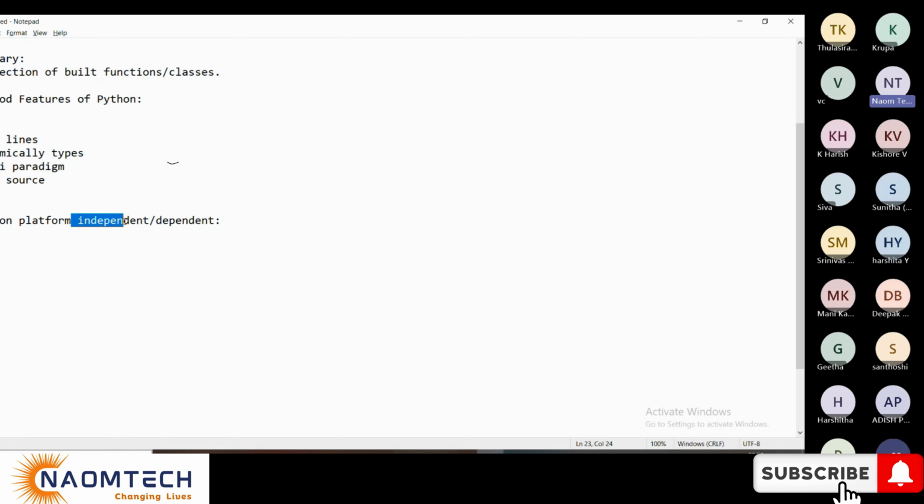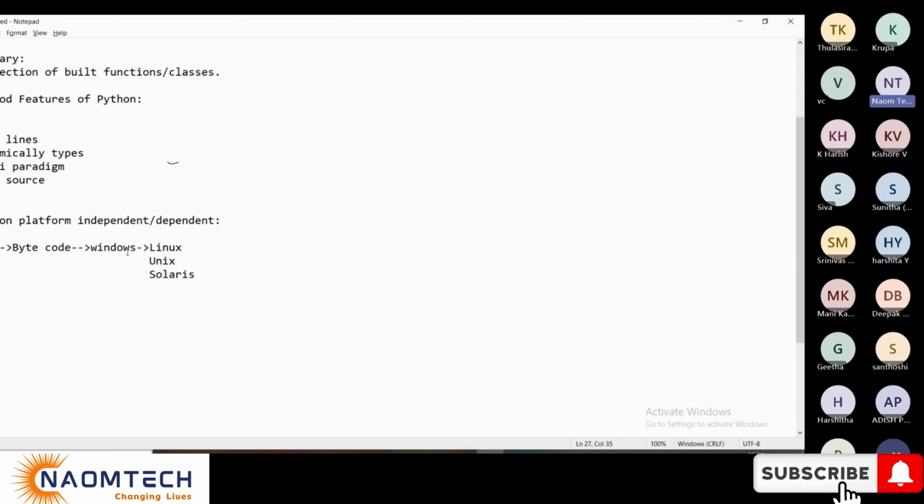Suppose you talk about Java, let me quickly tell you. Java has something called bytecode, or dot class actually, what we call. This bytecode, you might get it on Windows, but still you can run it on Linux or Unix or Solaris or many other operating systems.